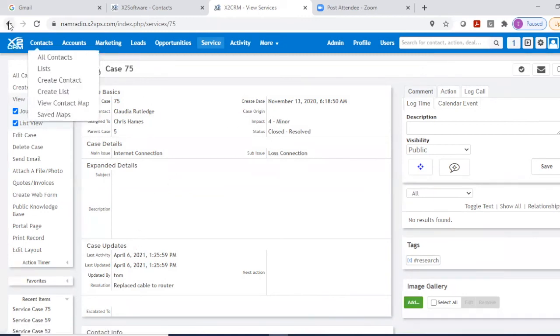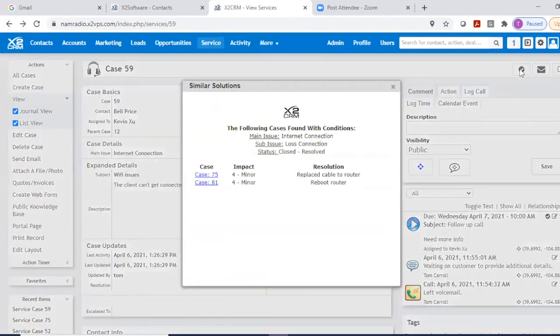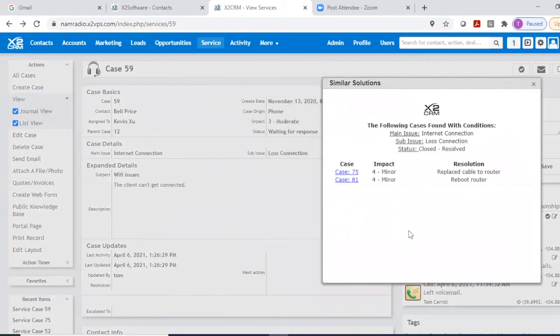But the point being is it's a capability to be able to quickly help resolve cases. And also from a training perspective, when you have new service personnel that come in, this is a great way for them to get started and a quick kind of cheat sheet as far as how to resolve